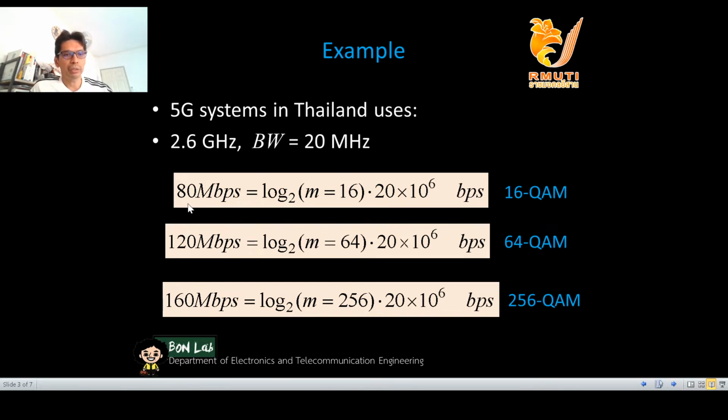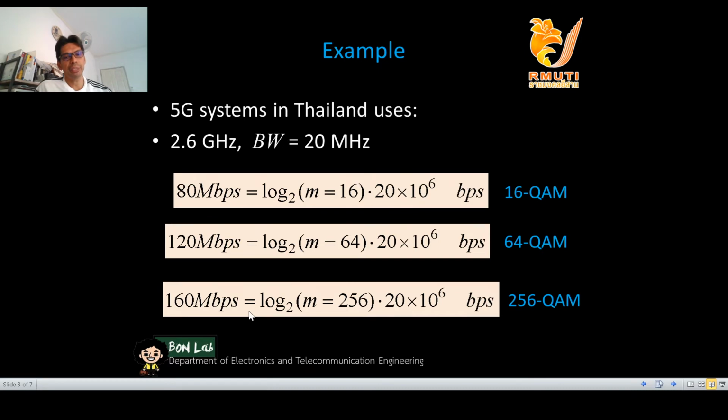You will get 80 megabit per second, and if we increase from 16 to 64, you will get 120 megabit per second, and also if you need more, you can try to transmit 256 QAM, and you will get